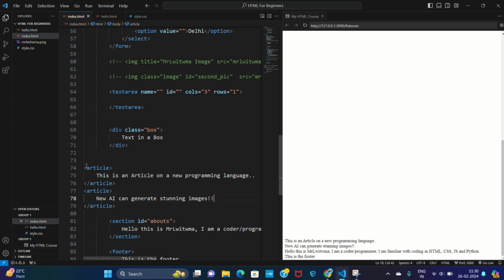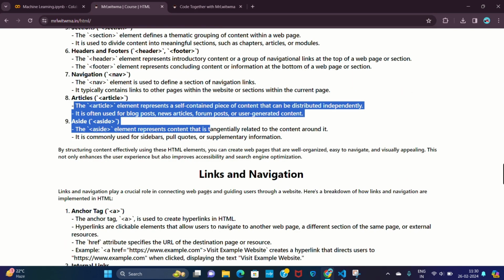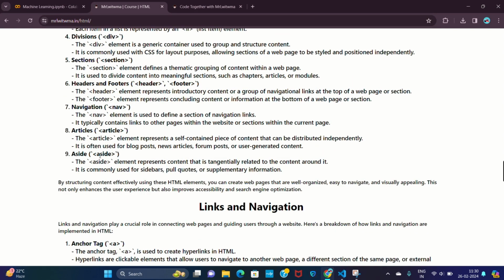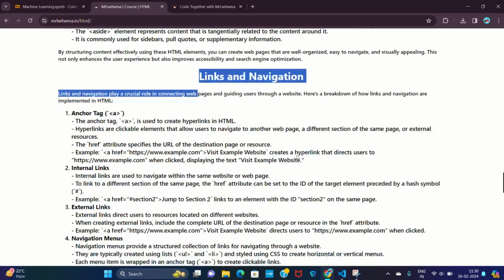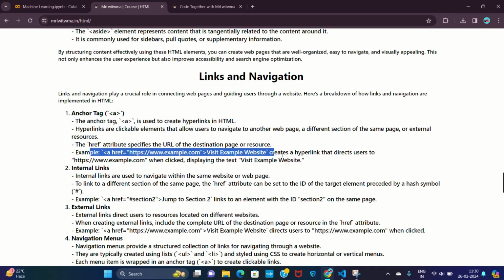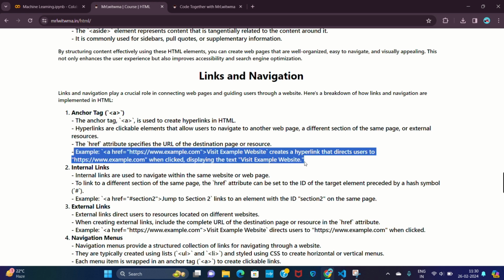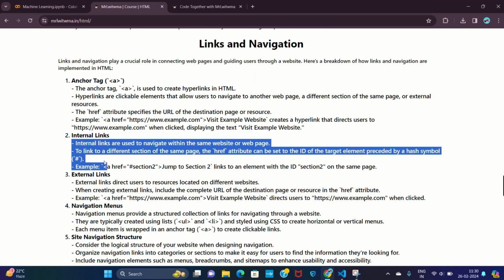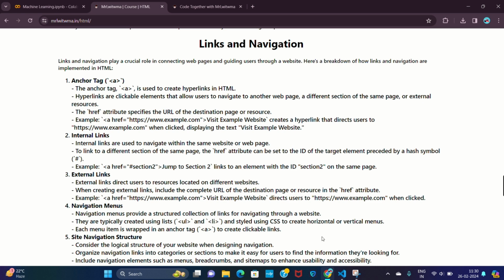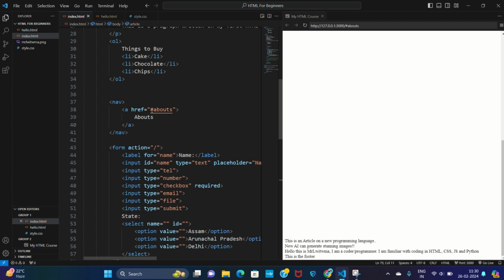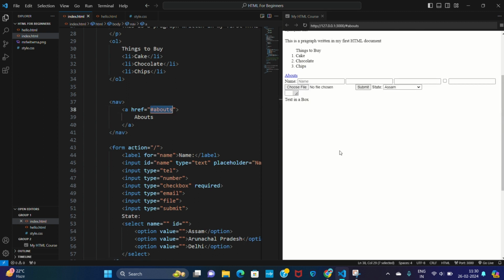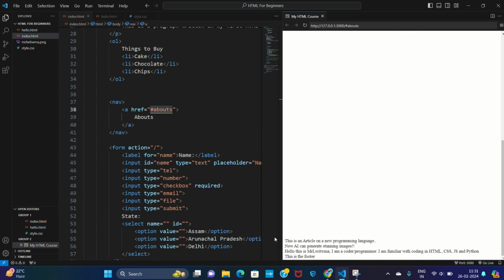Okay, so that's the articles. Aside, I have told the use of aside, links and navigation. We have already seen how to use this aside tag. Then with internal links, we use a hashtag, like I have shown in this hashtag about. That's for an internal link, like this,